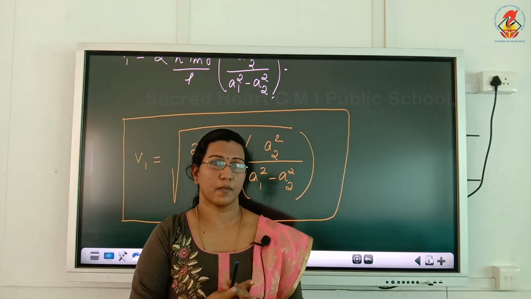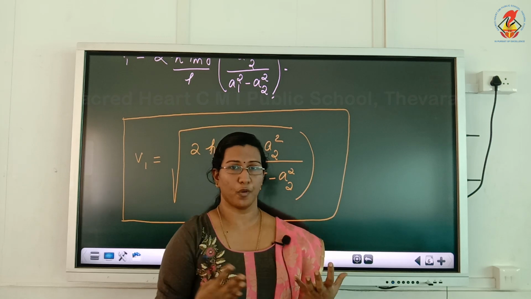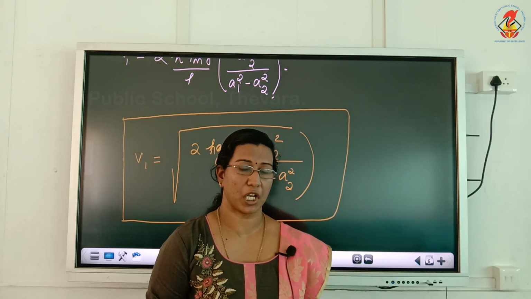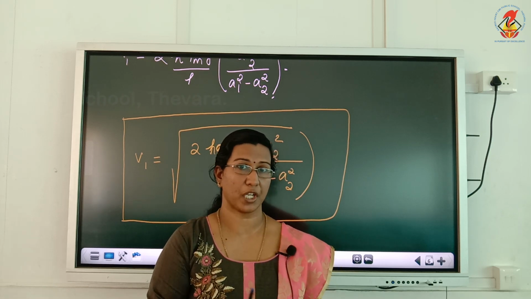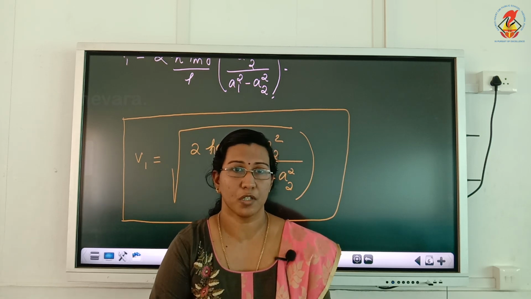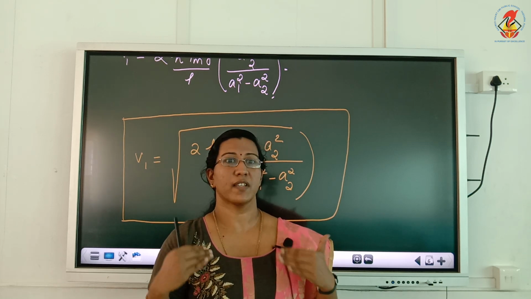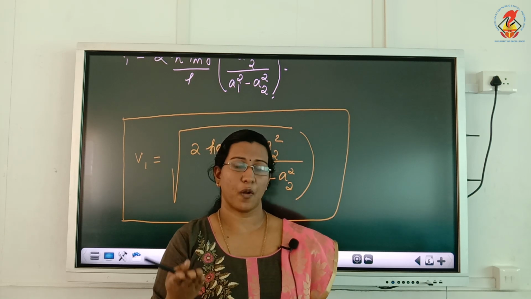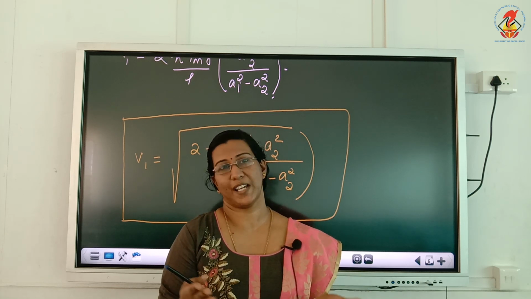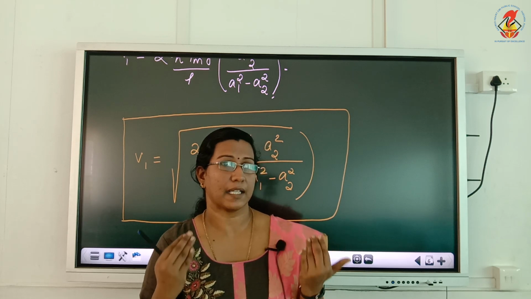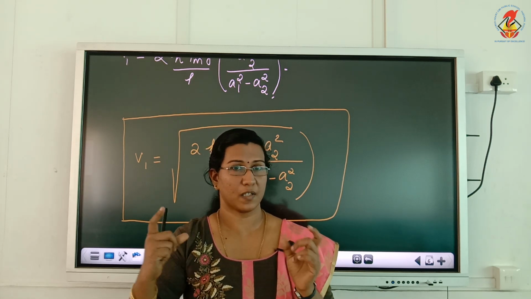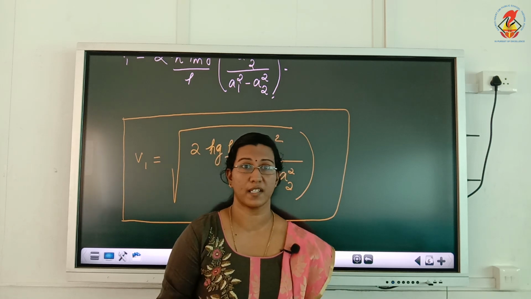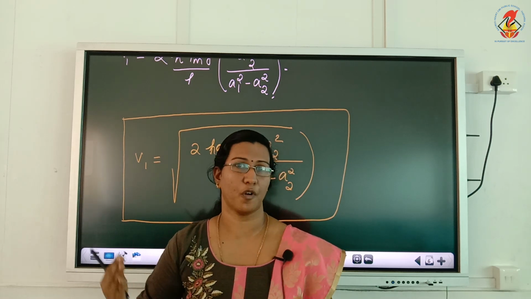A venturimeter is a device used to find the velocity of fluid passing through a pipe. For that we consider a venturimeter having two different cross sectional areas. One has a wider cross section, another has a narrow cross section, to which we have connected a manometer filled with a fluid of different density. Since the height of the narrow and wider tube at the point of observation is the same, we can take H1 equal to H2. So that term can be neglected in Bernoulli's principle equation, and we formulated the equation as P1 plus half rho V1 square is equal to P2 plus half rho V2 square.